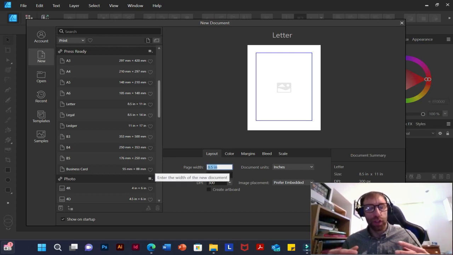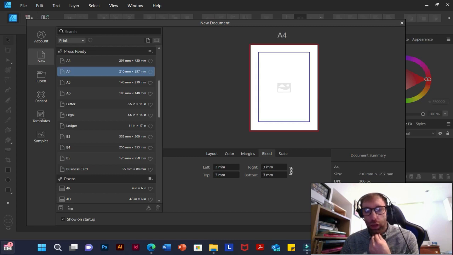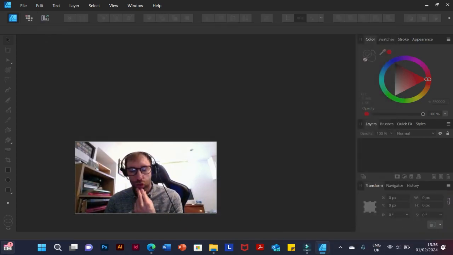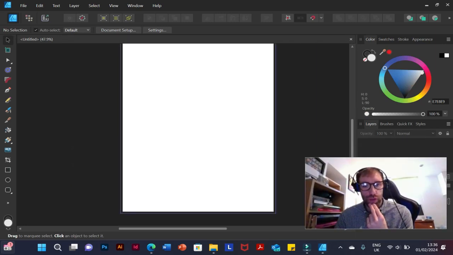So I think we've covered this already, so I don't want to go into this bit in too much detail, but you can obviously set your margins and bleed and everything like that. But if we just go and create an A4 document for now, so it gives us our artboard here,